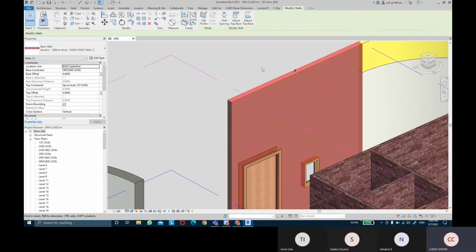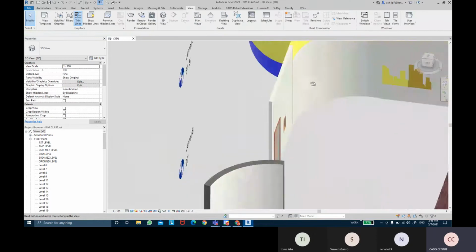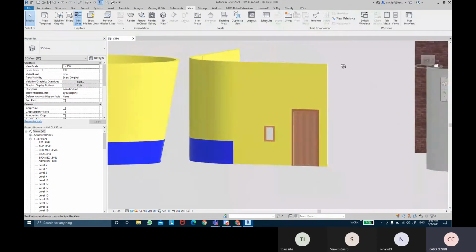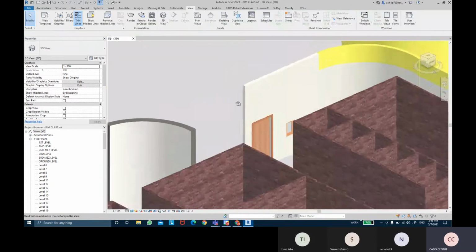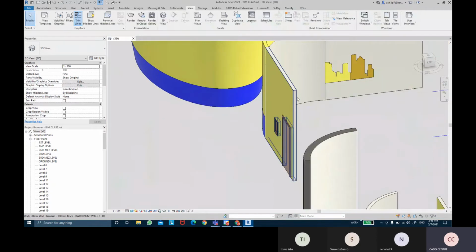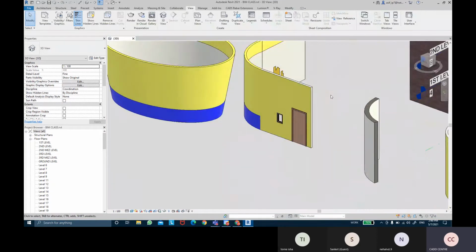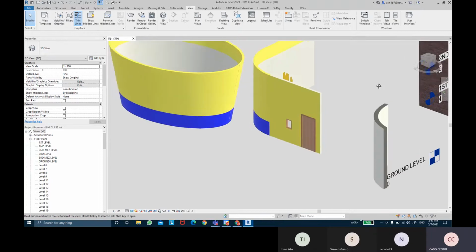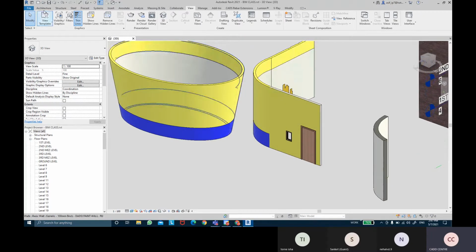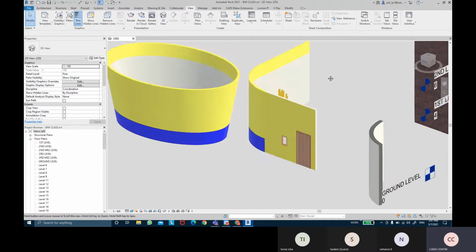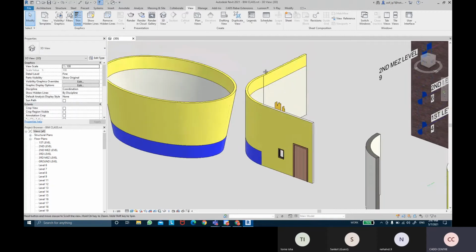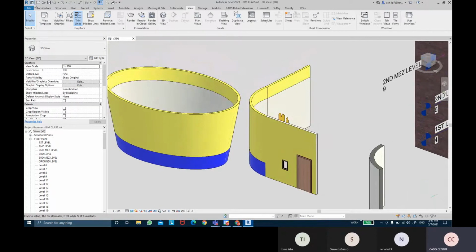Apply and OK. So now if you see, there are no splitting regions being applied. So that's how you can remove the split face from the walls and merge them into one. That's it for the edits. Now we go back to our project